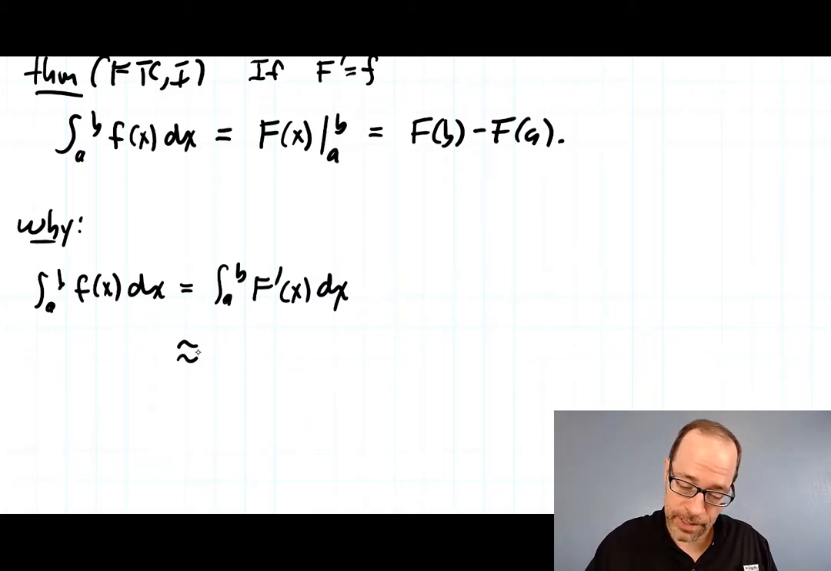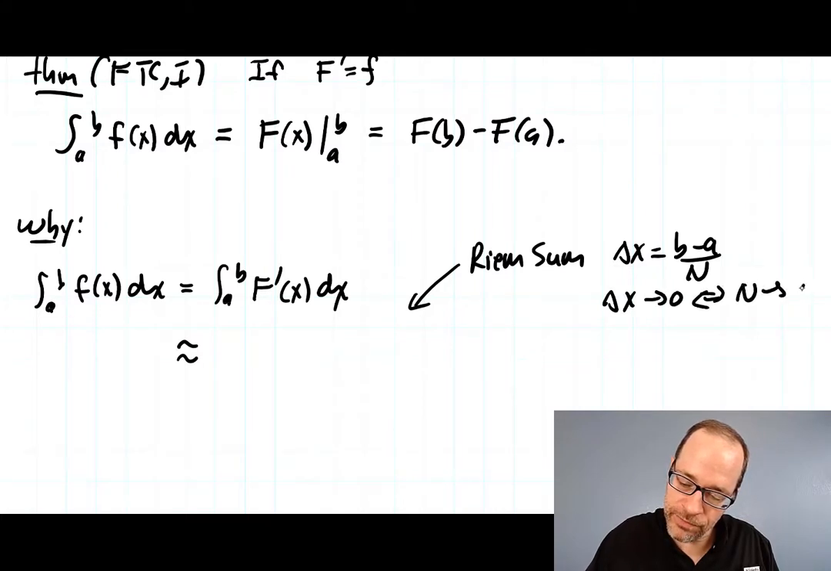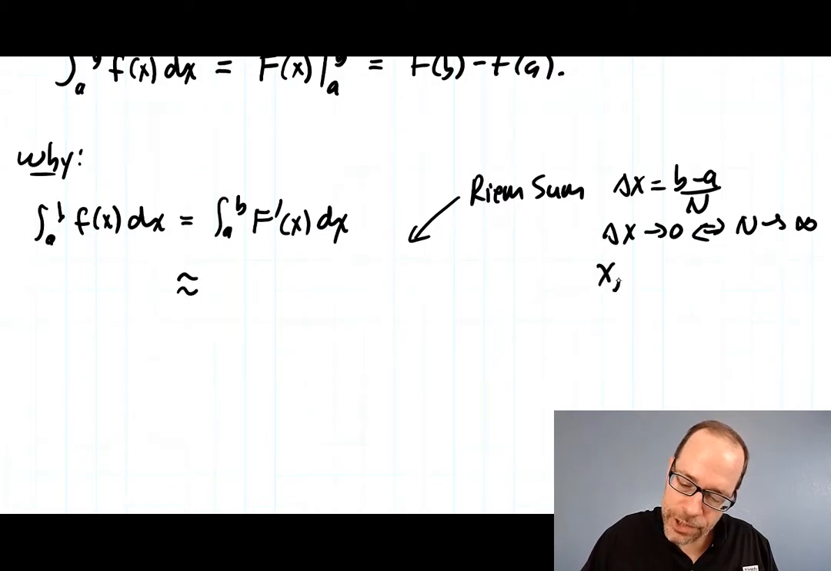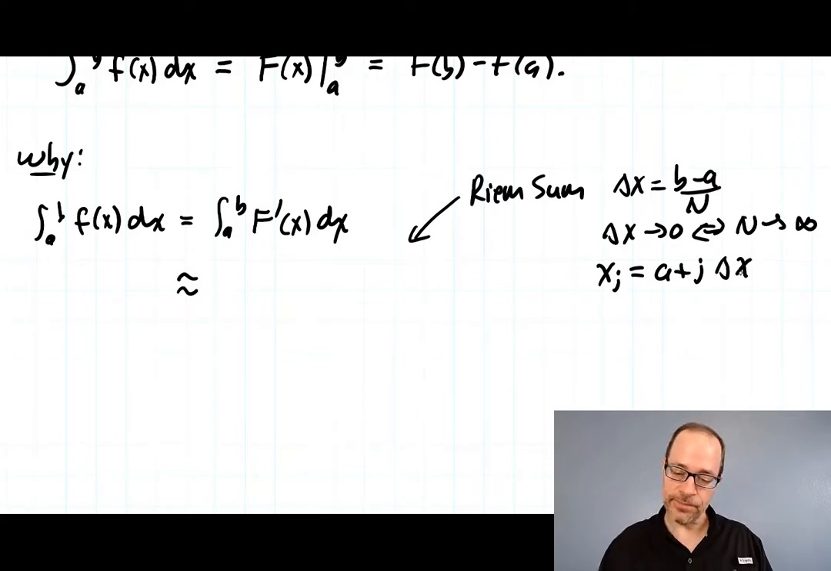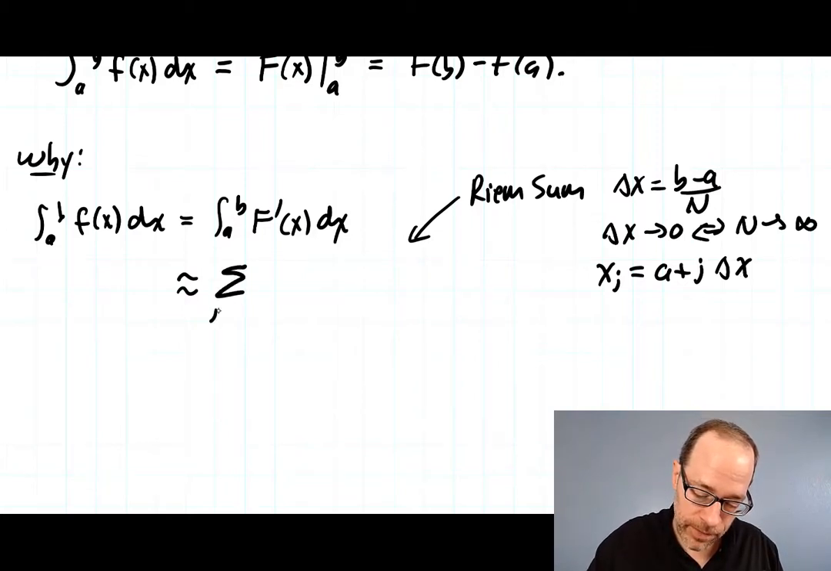So I'm going to write down a Riemann sum here, and for the Riemann sum I'm going to use delta x is b minus a all over capital N. And so delta x going to 0 is the same thing as saying N is going to infinity. And then we had a bunch of x sub j's. That was just a plus j copies of the delta x. Okay? So the Riemann sum says this integral is approximately the sum from j equals 1 to N of